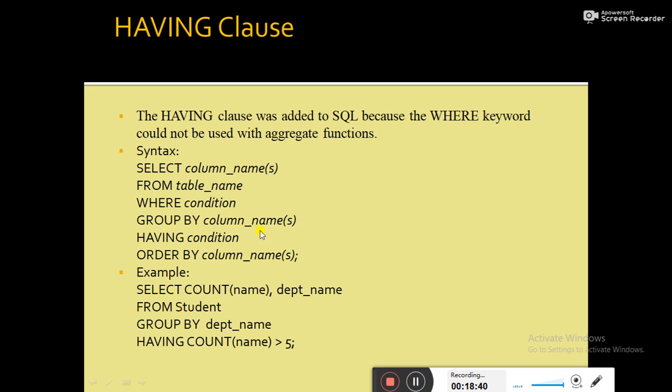We are forming the group based on this column, and then after forming the group, we are selecting only those groups which satisfy that particular condition. Now here we cannot use where, we have to use the having clause. And then we want to show the result